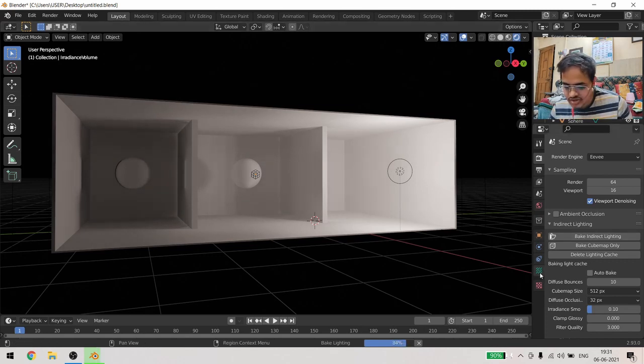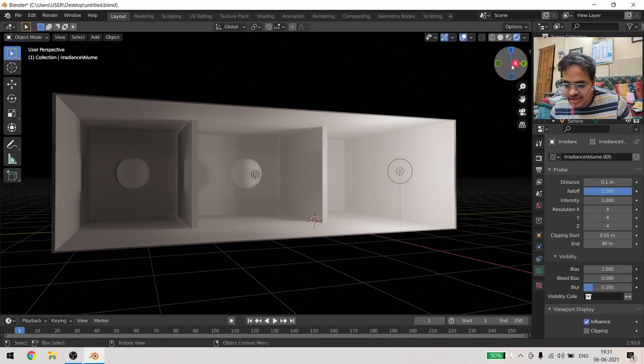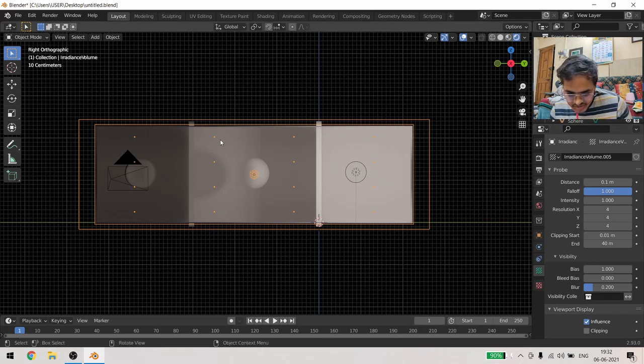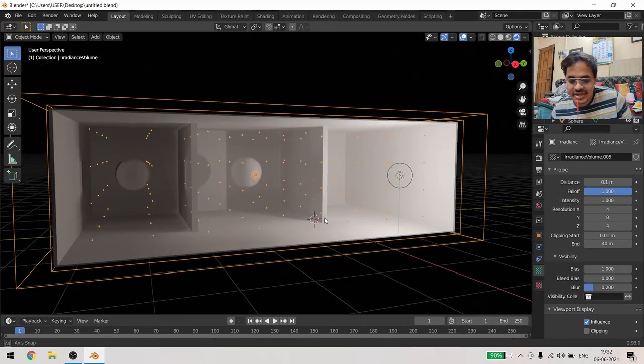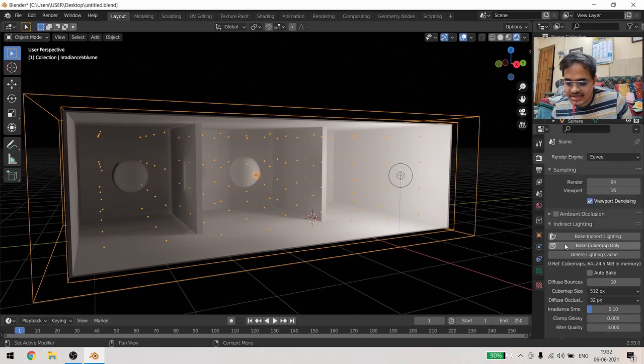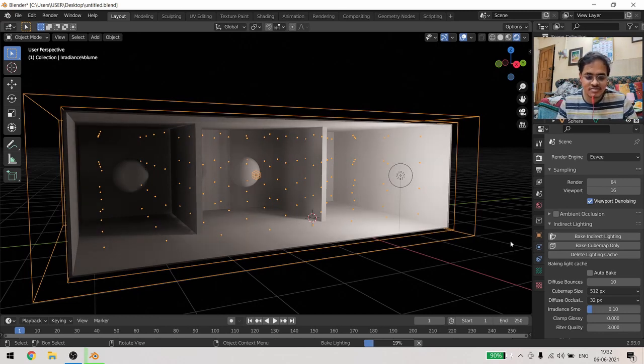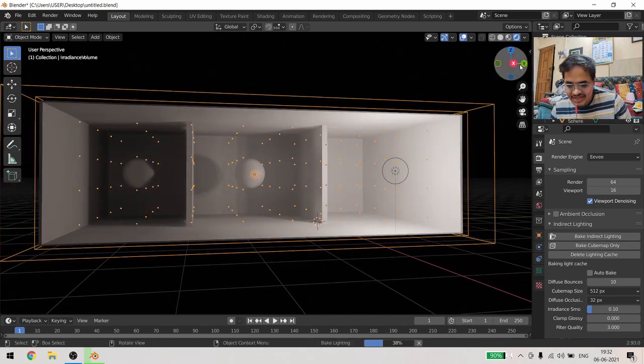One more thing I want to introduce is, let me go to x-axis, select this irradiance volume. Here the light probes are there, but at a certain number, somewhere around 8, this light is intersecting with the wall. So now if I come to render properties and bake indirect lighting, it is going to create a different kind of problem, and that problem is shadows exactly inside the window.